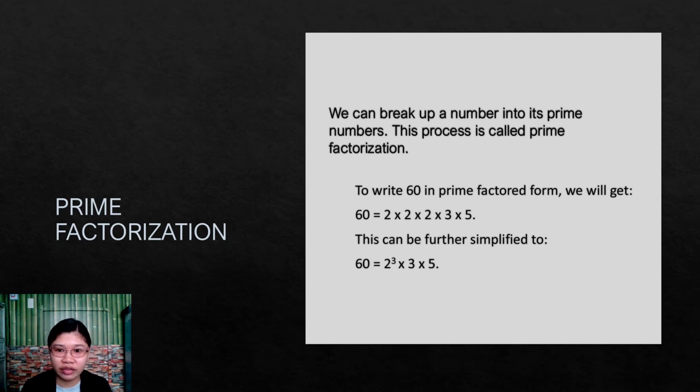You will be arriving at the same answer, since we are using prime factors. So, we will be arriving at the same answer here in prime factorization, whether you factor first, use